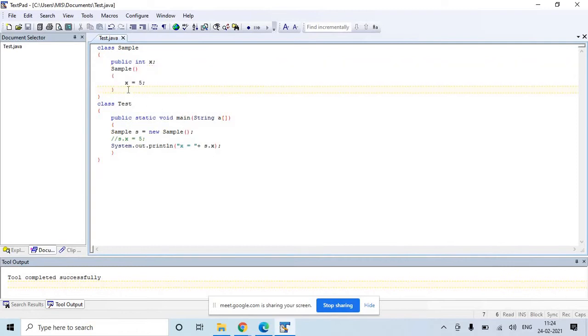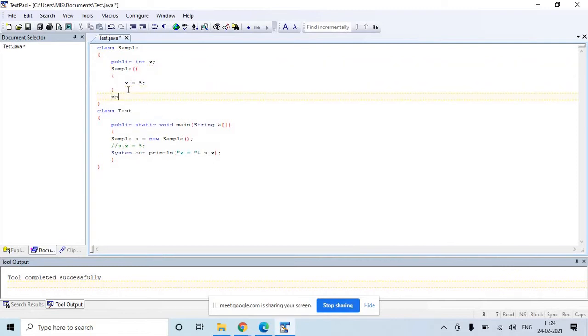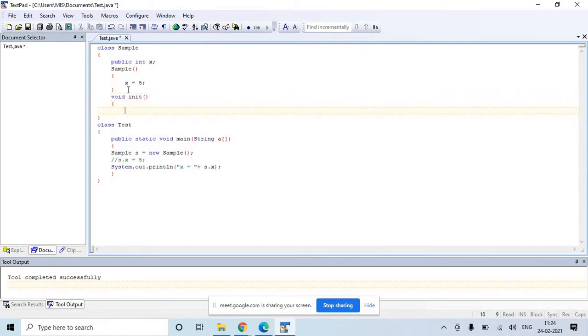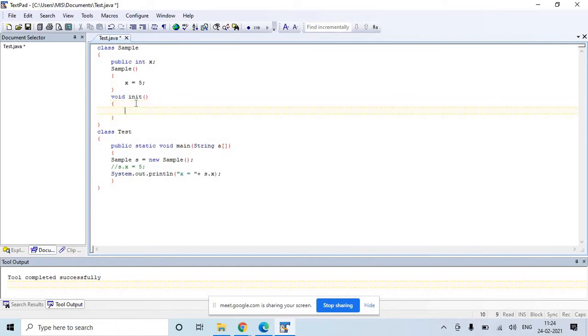There is another way. Let's say you want to initialize the value. You can write a void init kind of function. Inside this init function, let's say the user will supply some value, say int temp, and you will initialize x is equal to temp.